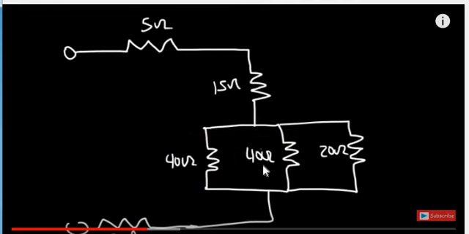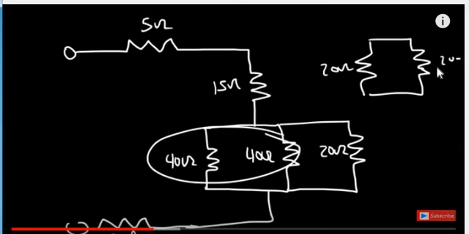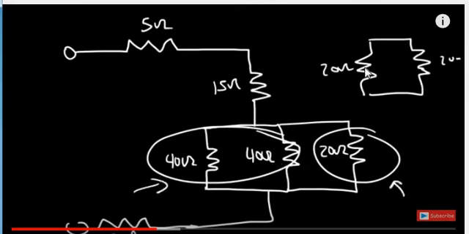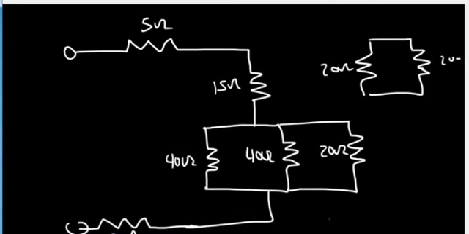40 and 40 ohms. These two are in parallel. Instead of solving all three together, we can resolve it in a different way. The equivalent of this will be 20 ohms, and again here it is 20. We have resolved these two parallel resistances first. Then this 20 and this 20 are again in parallel. 20, 20, same. What will be the output resistance? It will be 10, half of that.